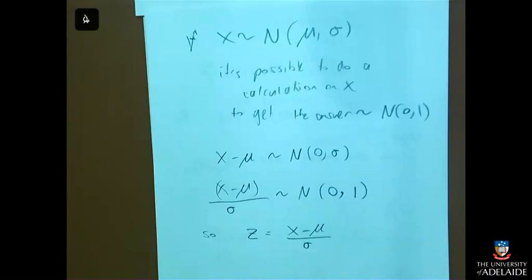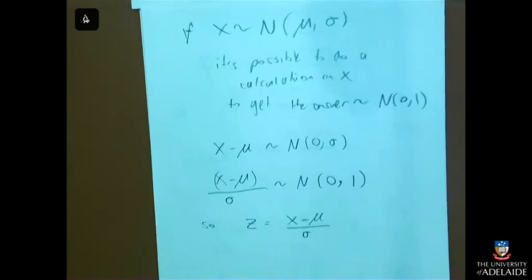Fabulous. That's my GPS, right? That in Normalville, my GPS says how to get from standard normal station to all the other addresses in Normalville. All right? Or actually more the other way around. It tells me how to get from X back to Z. It does work the other way. If I have a standard normal distribution and I want to create a distribution with a certain mean and a certain standard deviation,